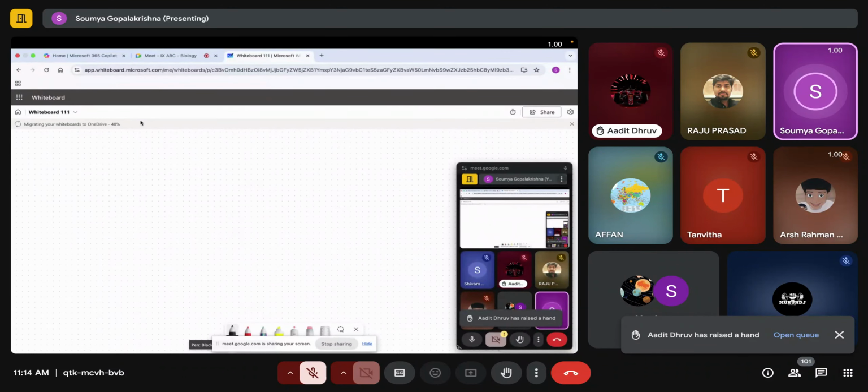Okay. So this is the definition of a cell. Cell is the structural and functional unit of life. Okay. Now,